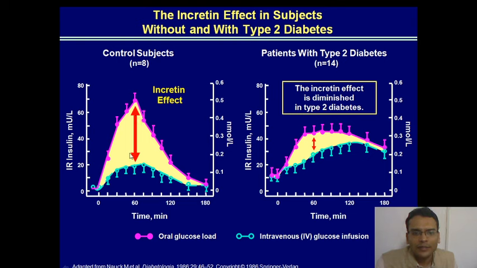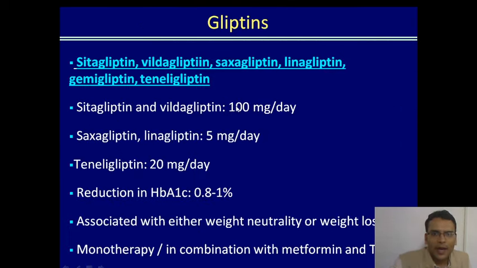So this incretin effect, which is clearly demonstrated here, is blunted to a large extent in persons with type 2 diabetes, and that has been discussed as one of the pathophysiological factors in type 2 diabetes. So you want to target this diminished incretin effect by using hormones which are known to cause incretin effect. So you have gliptins which will